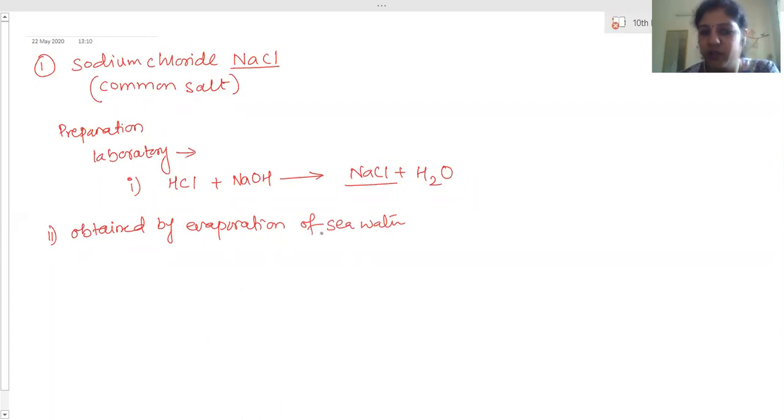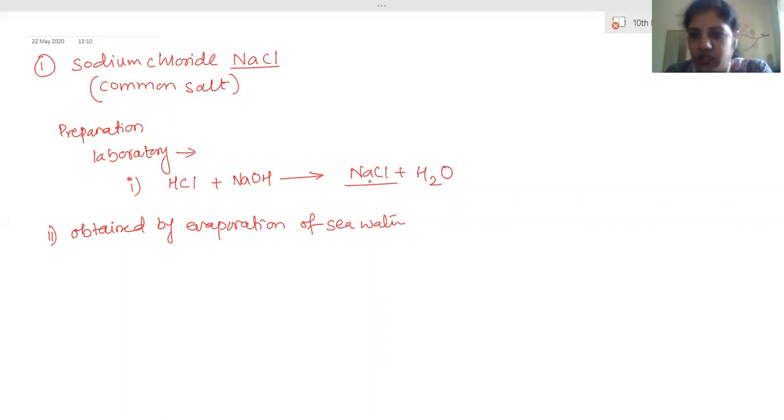By evaporation of seawater on the seabed, water is allowed to stand for some duration. After some days the water vapor evaporates out, leaving behind contaminated salt. It is not only common salt, but the maximum quantity is common salt. When we purify it in factories, the impurities are removed and we obtain pure sodium chloride, which is white in color. Crystals of sodium chloride are white, pure crystals.